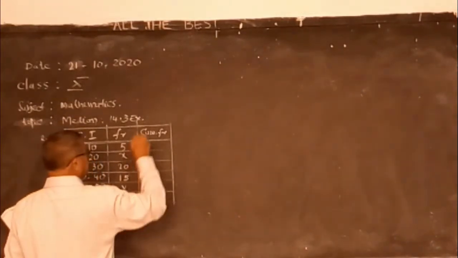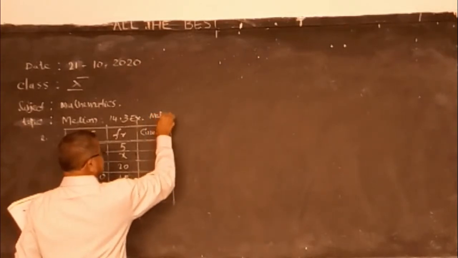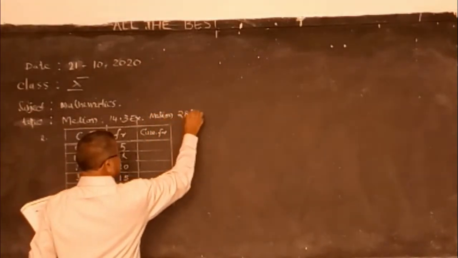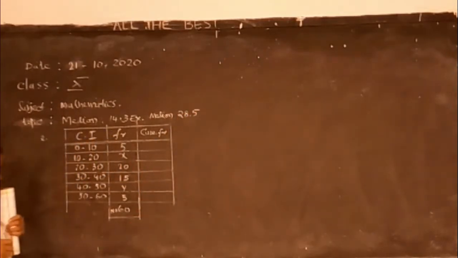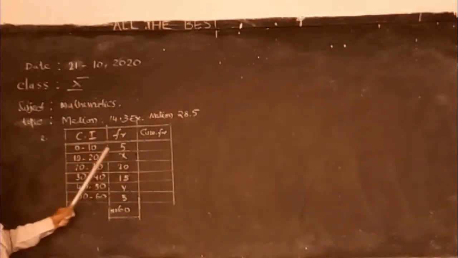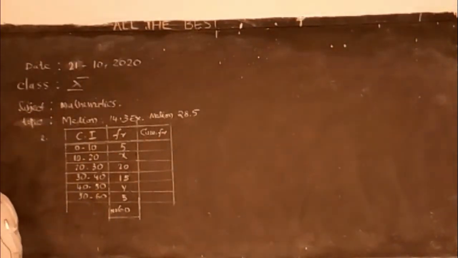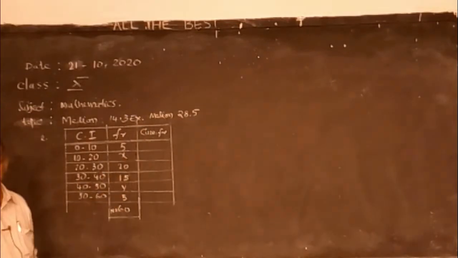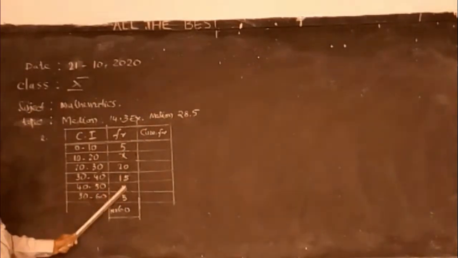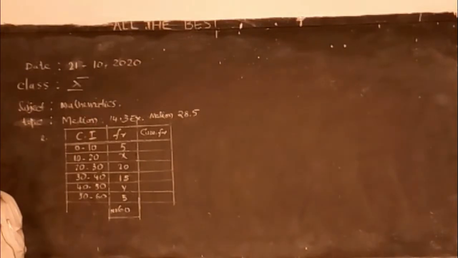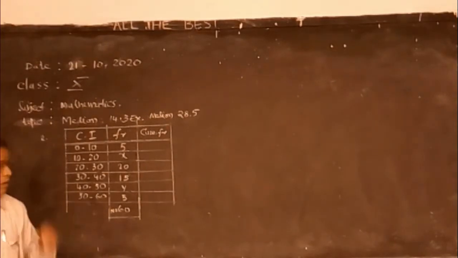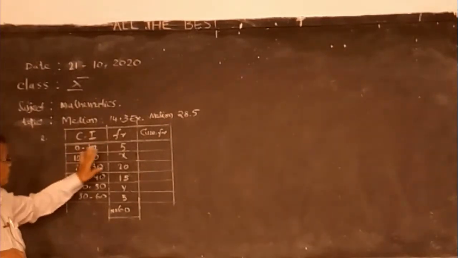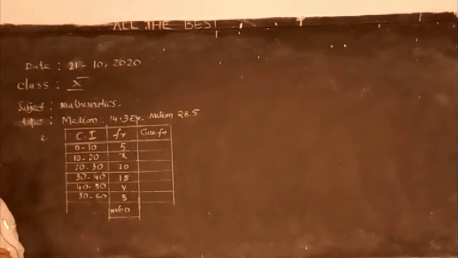And the median value given is 28.5. x and y are the frequencies. In the previous problem, class interval and frequency were given and we found the median. Now the median is given, and we have to find these two frequencies. Important. See, these two columns are given in the problem. We have to